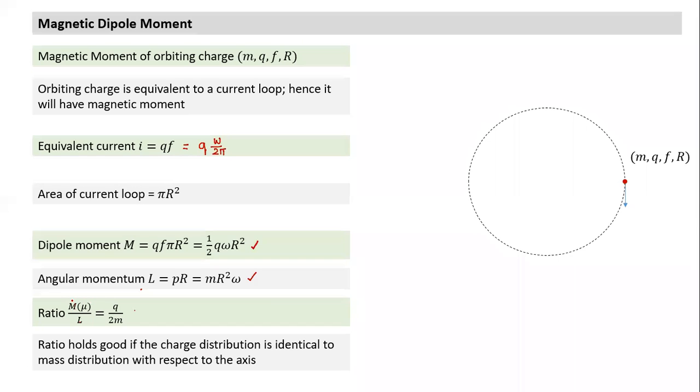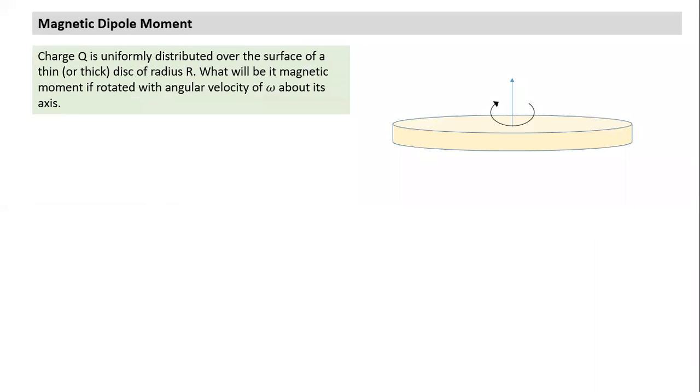Between the two quantities, if you have to calculate magnetic moment or angular momentum, the calculation of angular momentum, which is I omega, is much easier. So this relationship is used to simplify the calculation of M. What is the purpose of this relationship? To simplify calculation of M. Rather than calculating M, I calculate L, which is much easier. As the L calculation is easier, I'll give one example, and with one example you can understand many other examples also.